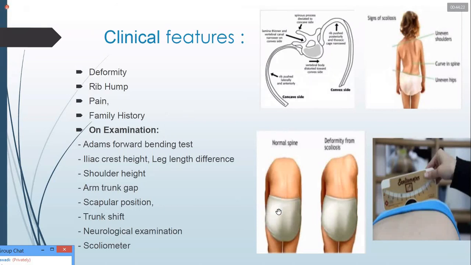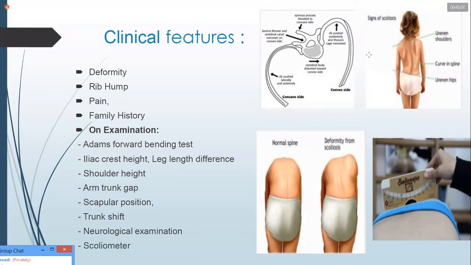On examination, this is the Adams forward bending test. On asking the patient to bend forward, the vertebrae should be well aligned, but in this picture, see, there is a prominence of the ribs on the right side, so this is the deformity from the scoliosis. Iliac crest height, like in this picture, uneven shoulders, curve in the spine we can see, and uneven hips, uneven iliac crest height. The arm trunk gap we can appreciate in this picture, and the scapular position, the trunk shift,